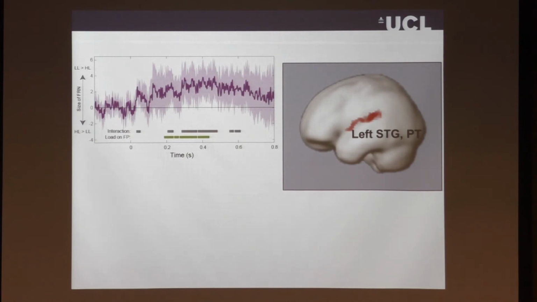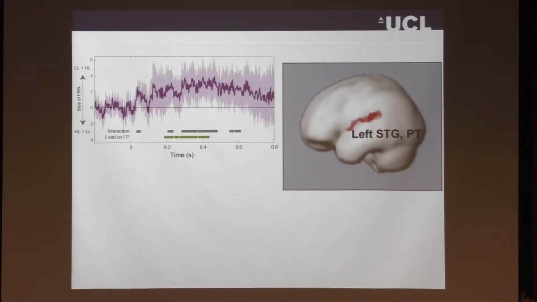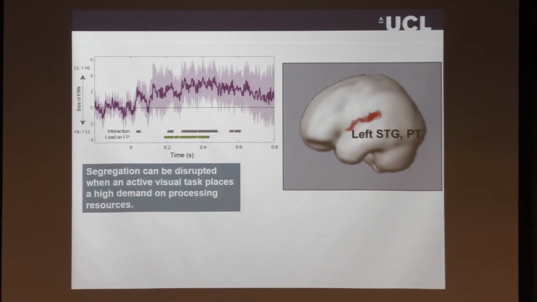And the brain areas in which responses are modulated are what we know to be classically auditory areas. So the superior temporal gyrus and the planum temporale. And in fact, these are brain areas where, in previous work, the computations that are related to extracting these figures have been demonstrated. And so the conclusion is that segregation can be disrupted when an active visual task places a high enough demand